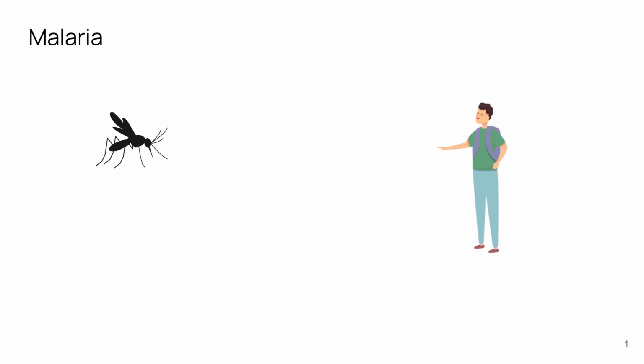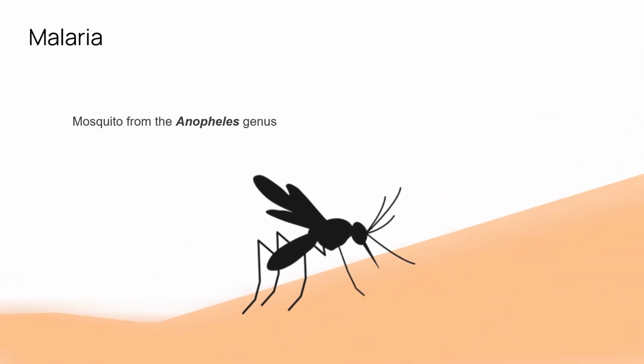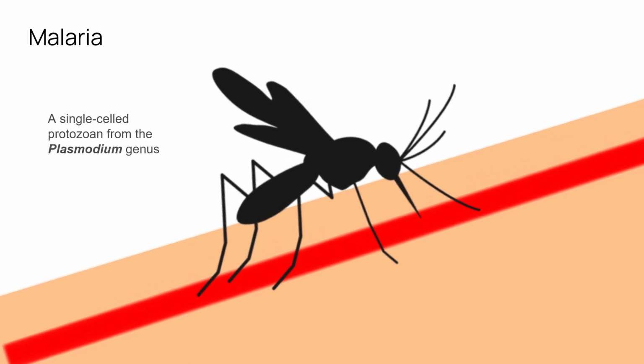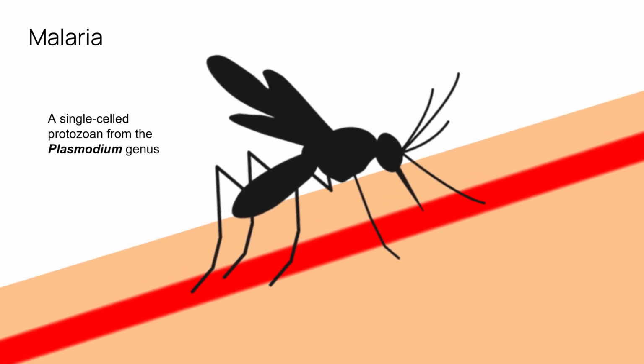Malaria is a deadly disease that starts from this one small bug, a mosquito, specifically a female from the Anopheles genus. When they bite you, a small single-celled protozoan from the Plasmodium genus that inhabits the salivary gland of the mosquito enters your bloodstream and infects the bitten